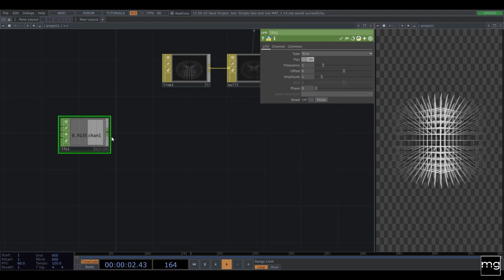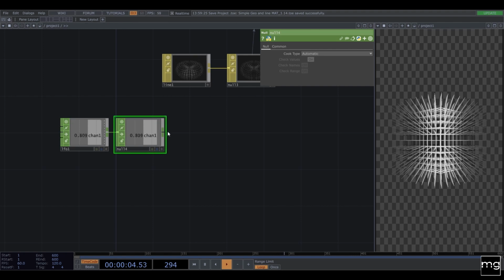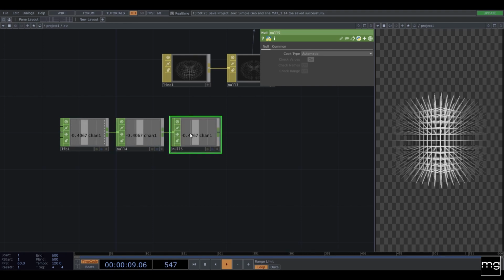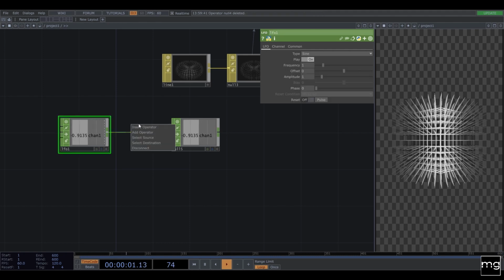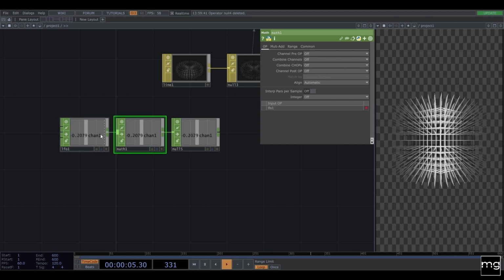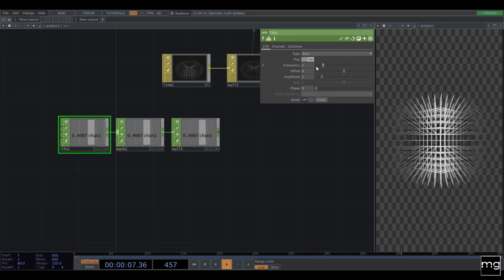I know that I'll need a matte because I need to have a better range, and a null. I need some matte here, sorry. So the LFO, the frequency, let's put a really low frequency, like something like that.